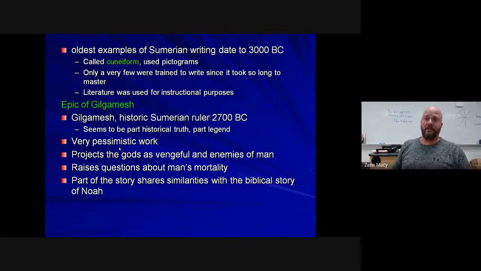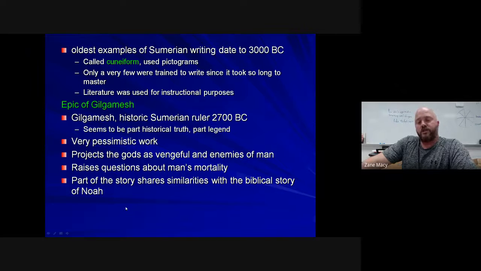So when that happens, he just has to resign himself to the fact that he has failed. He will die like every other man, woman, and child that has ever walked the earth. And he basically goes back home broken, beaten. And it's kind of sad. Like I said, it's very pessimistic, kind of sad that he lives depressed the rest of his life because he failed in the goal that was the most important to him.